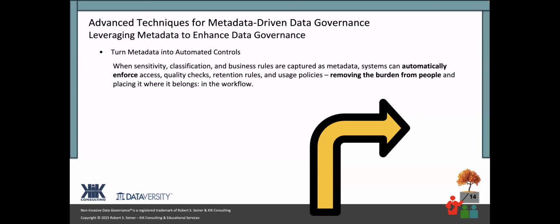Build these things into what you've got, and that way you're not just using metadata as your library to provide definition to the data. It's now become an active part of the controls associated with governing data within your organization. And again, if you can activate that, you're removing that burden from people. If you're relying on people to do things, there's a possibility that it might go stale or it might get dropped completely. So wherever you can automate the controls, that seems to make a lot of sense.